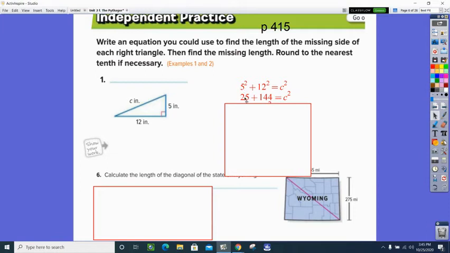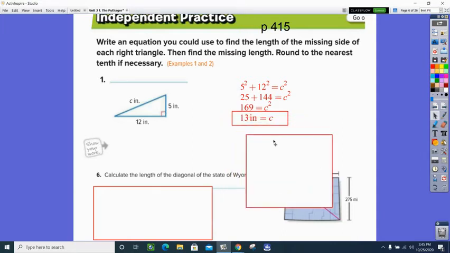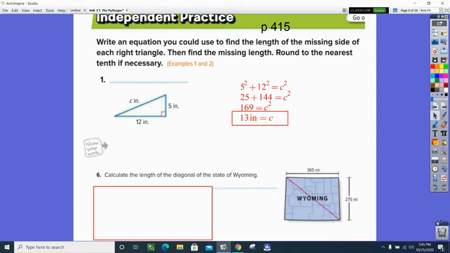So this becomes the 5 squared, which is 25, and the 144 takes the place of the 12 squared, and we still have equal c squared. That should be your second line of work. You're going to add these two together, and again, we've got a perfect square. So we take the square root of 169, only looking at the positive or the principal root, we've got 13. And did you remember to put your units back in? To get 100%, all the credit, you would need to show these 4 lines the way they're written on the